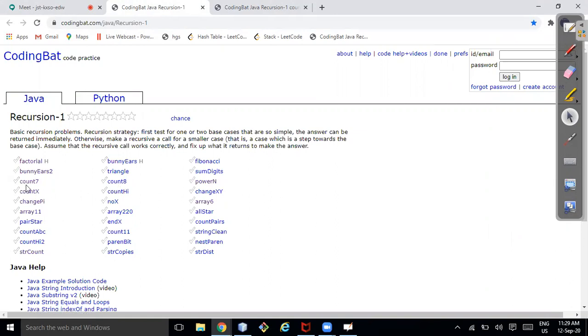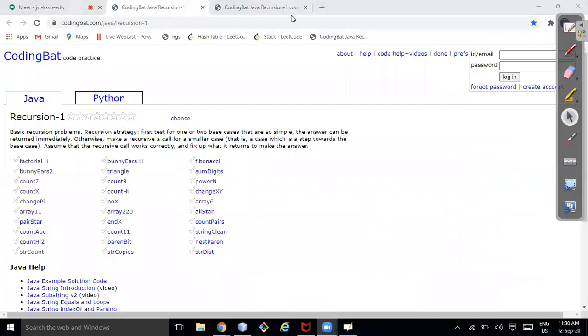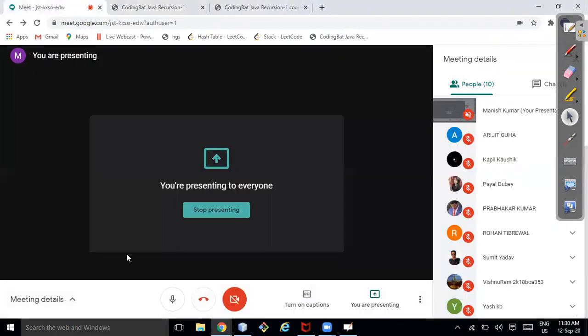Okay, first try to solve this one. I'll try to solve maximum problems of this one. Even if I'm not helping you to solve, I'll share the link. Try to solve all these problems on recursion. I'm not sure why so much echo is coming here. I'll help you guys, don't worry. So try to solve. If you're not able to solve, I'll help you.